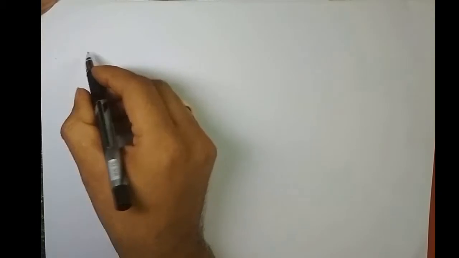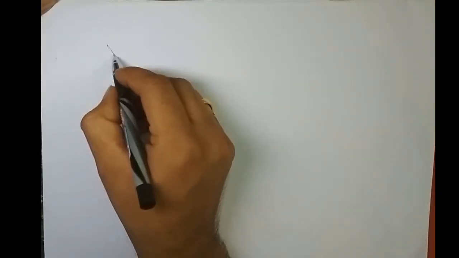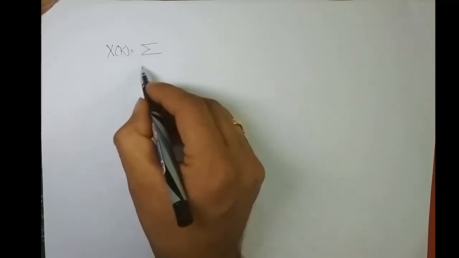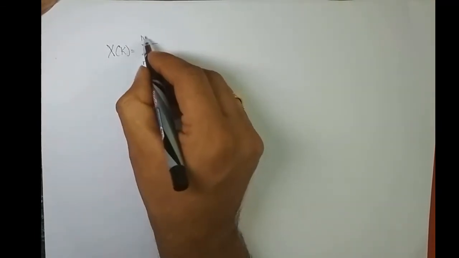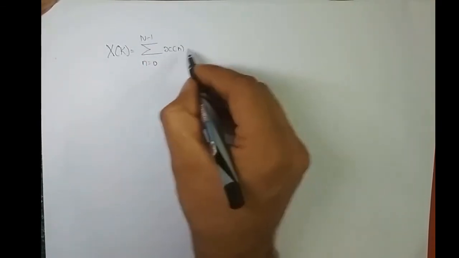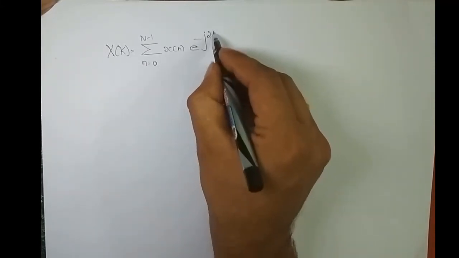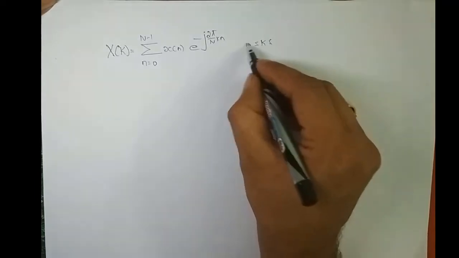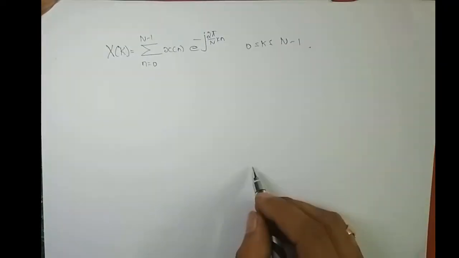Hey guys, in this lecture we are going to discuss a few key points to be noted in solving n-point DFT. First, what was the formula we had to find the n-point DFT? X of k is equal to the summation, n varying from 0 to n minus 1, x of n e power minus j 2 pi by n into kn, where k is varying from 0 to n minus 1, right?